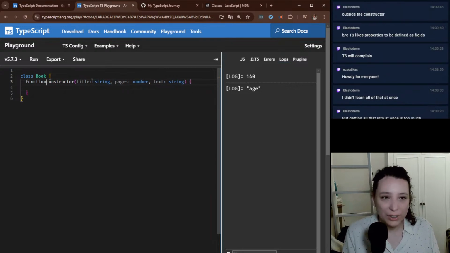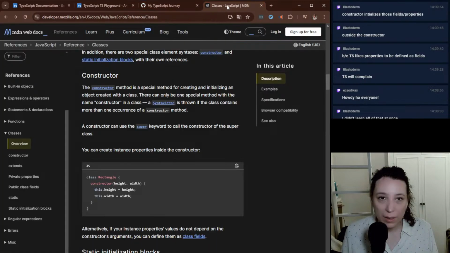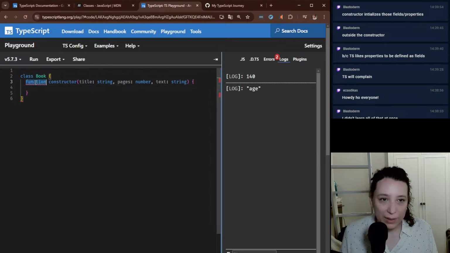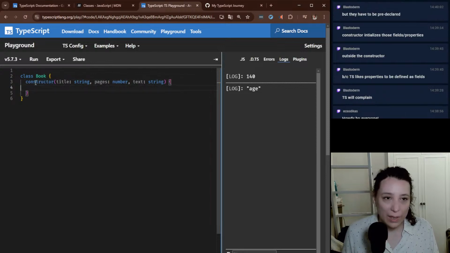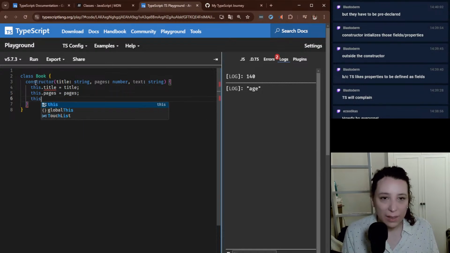Probably this needs to be function, I'm guessing, right? No? Does it have to be a function? Where were we? Class, no, there's no function keyword. It's just constructor. And then I can very easily do this dot title equals title, this dot pages equals pages, this dot text equals text. Okay, it doesn't like that. Maybe I need to then make,